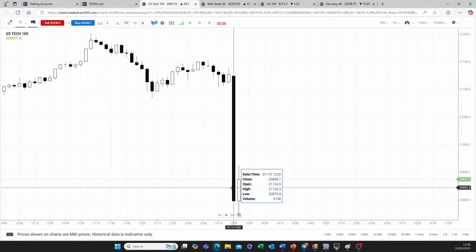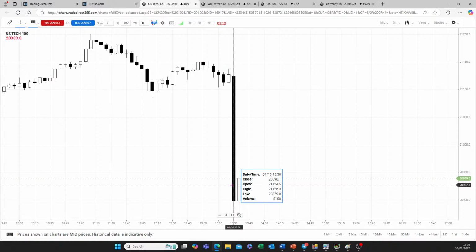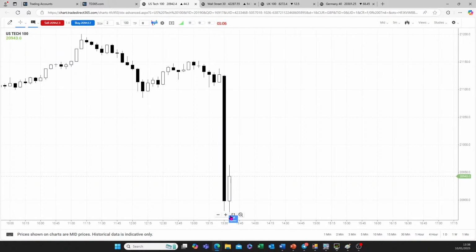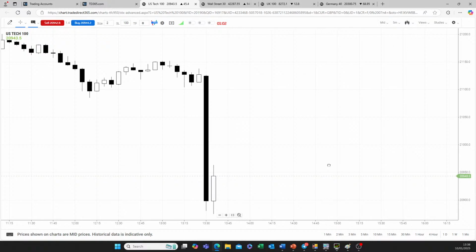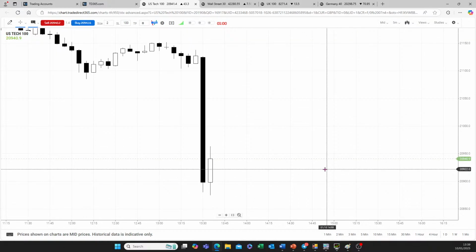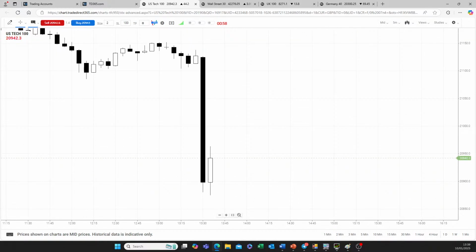The Nasdaq had a drop from 21,100 to 20,900, so about 250 points. And now I'm waiting for that all-important fourth 5-minute bar. So hopefully that is clear.